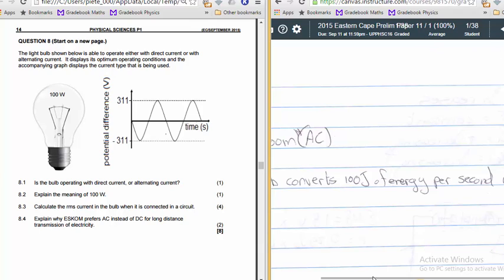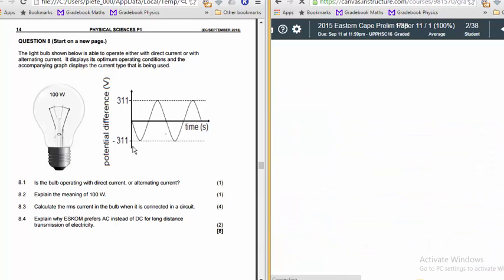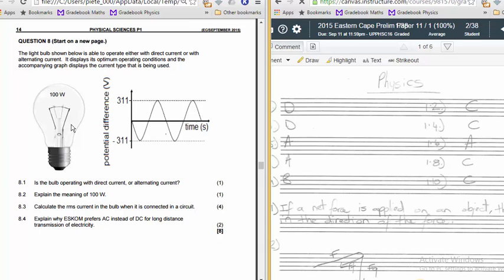I do think you might get your full marks for the previous one, but the actual answer is that it converts 100 joules of energy per second to light, and not just light, but also to heat. Especially these halogen or gas type lamps get very hot, so a lot of energy is dissipated in heat. So yes. Okay,